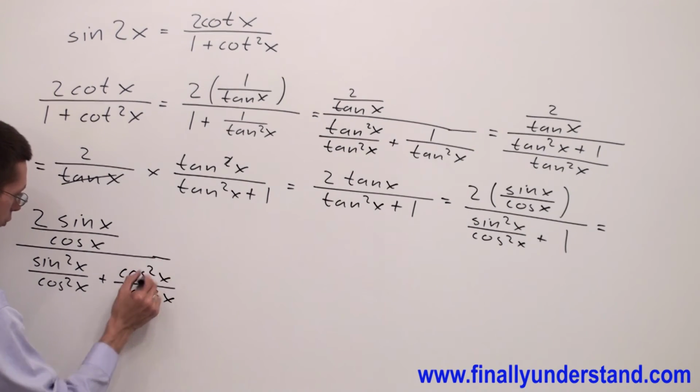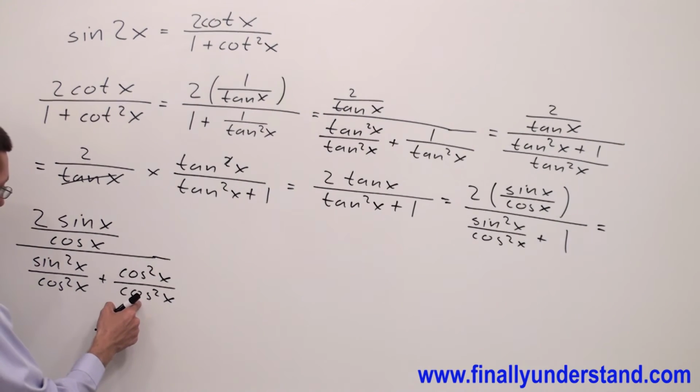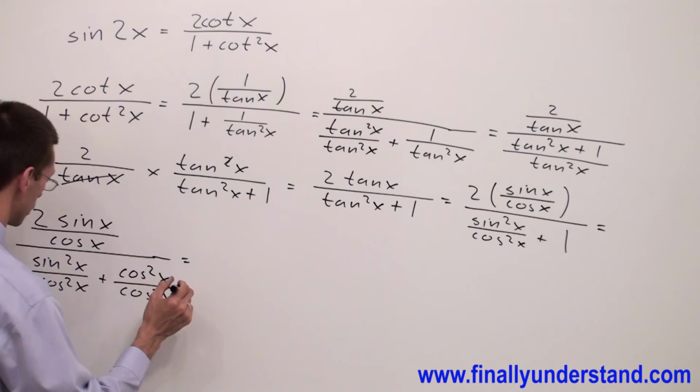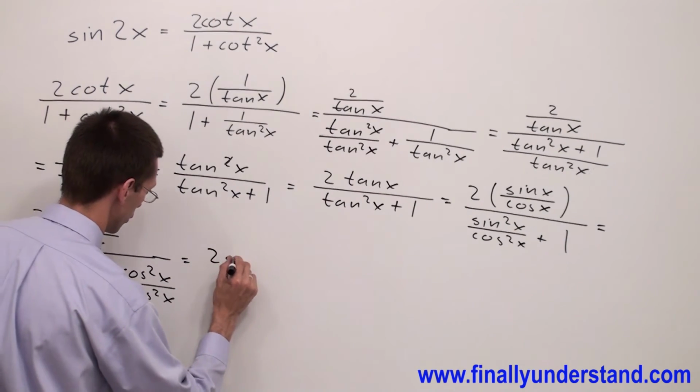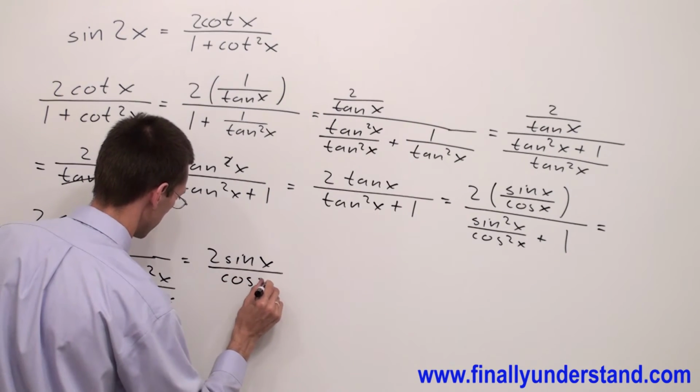I just convert 1 to fraction. Cosine square x over cosine square x is equal 1. I have cosine square x because in the denominator I have cosine square x, and this is going to be equal to sine x over cosine of x